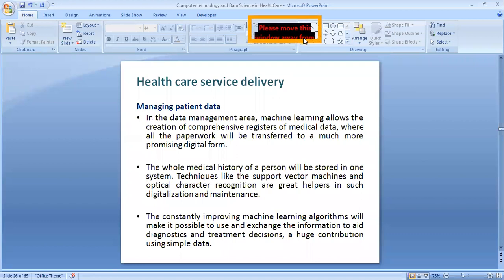It's not only that. Many patients, some may be admitted, some may be outpatients. So there are several categories of patients also. Some may prefer to get service from a remote location. So how are we going to manage all these things? Definitely, again, we are going to use computer technology. And even from a single individual patient, we have a huge amount of data. So managing the patient data comes first.